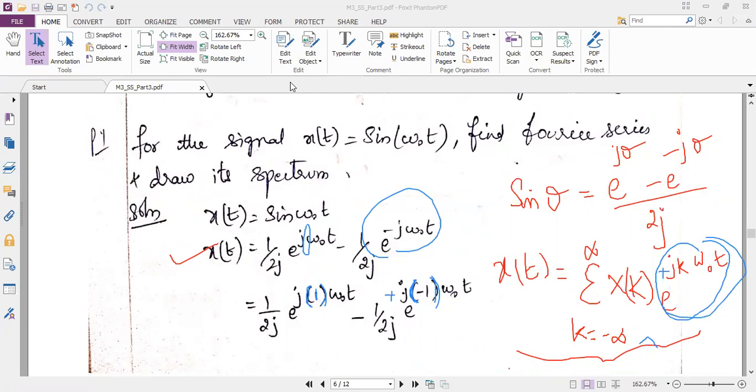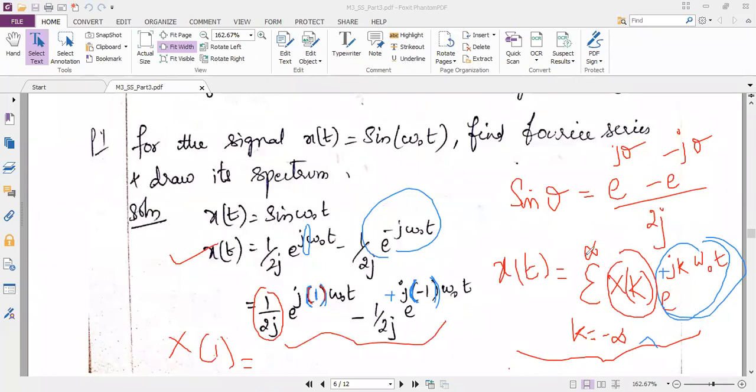So now, what I want is x of k as per the question. Since my k value is 1 here, I will be able to write x of 1. X of 1 is equal to, I want to just compare these two things. Whatever is there along with e power term, that is your x of k. If you just compare it, assume that the summation is expanded like this.